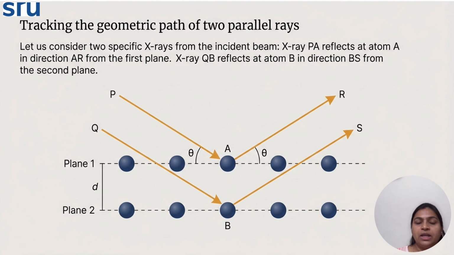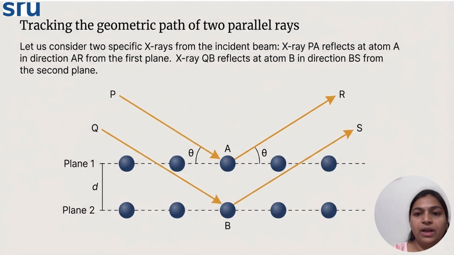The X-ray QB reflects at B in the direction BS from the second plane. Here the distance is d, and the angle between the incident ray and the plane is theta. According to Bragg's law, the relation of theta, d, and the order of reflection